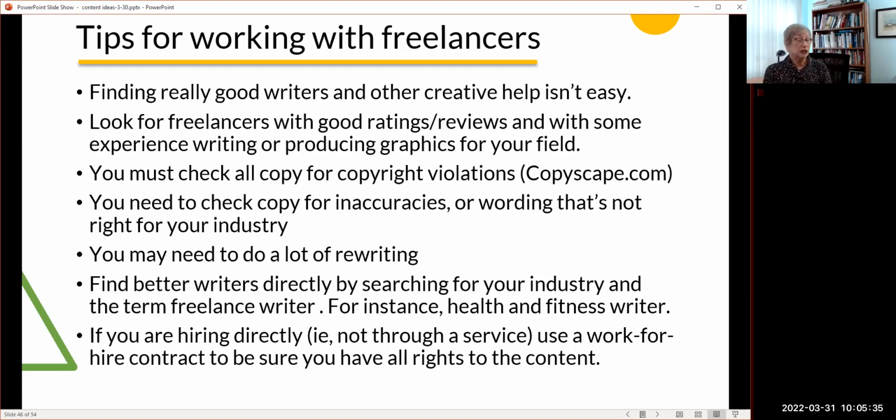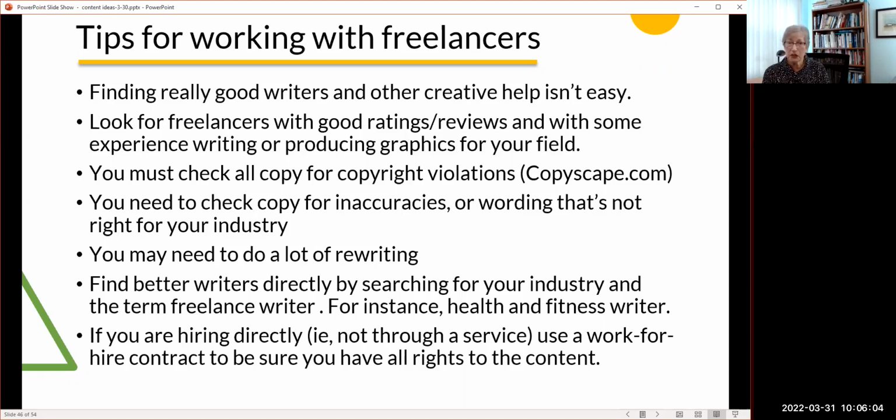If you're buying content, whether from a freelancer you found on your own or through any of these services, you need to make sure that there are no copyright violations in what they're providing you. The services do some of that checking themselves, so you can usually figure there's not going to be a copyright violation in something you get from Upwork or Text Broker or Fiverr, but you still want to be sure.